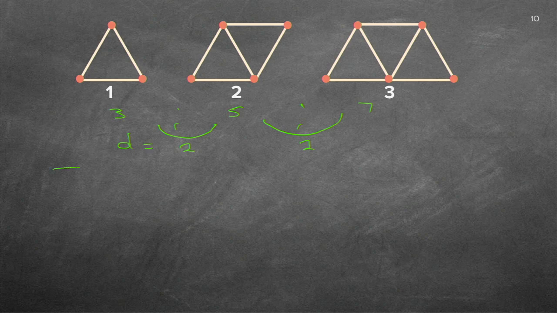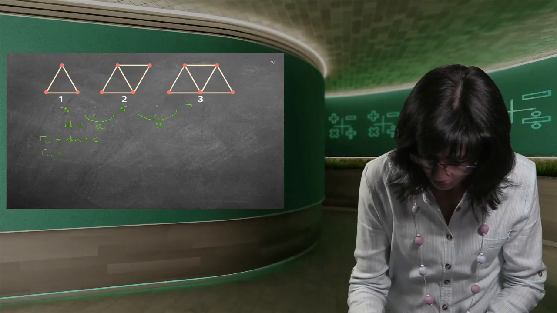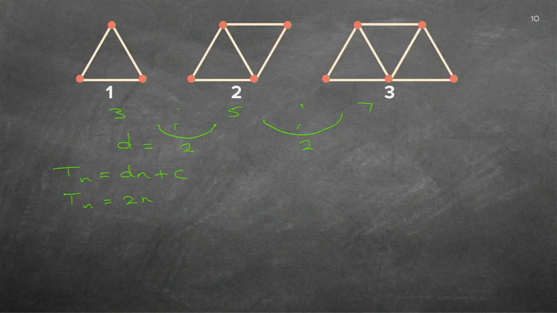So I'm going to write down, let's just get the formula first. Tn is dn plus c. You remember? We first fill in our d, which we found now to be 2. And then just here on the right-hand side, I'm going to check. If I've got T1, it's going to be 2 times 1. Let's just check. Is T1 2? No, it's not 2. It's 3. So what do I short? I short 1. So if I add 1 there, I must add 1 there, and that's how I get C. Or you can write it out formally, like I did in the previous one, and you'll also find C to be 1. So there's my formula.